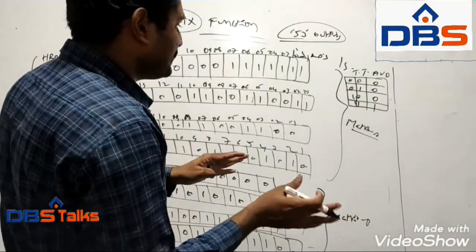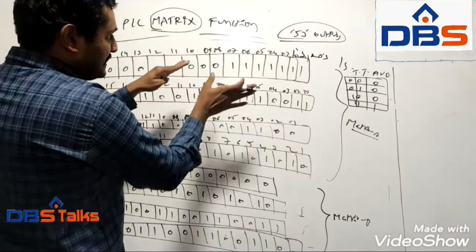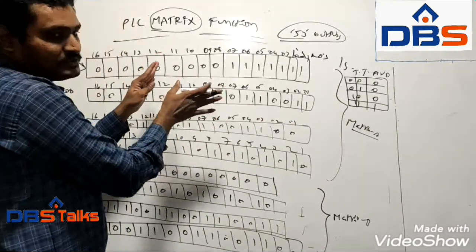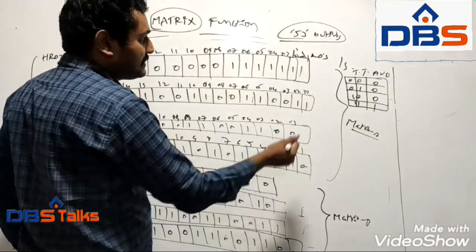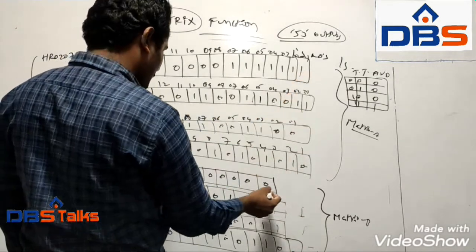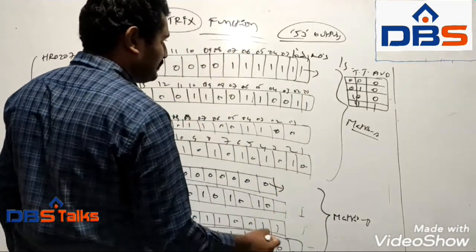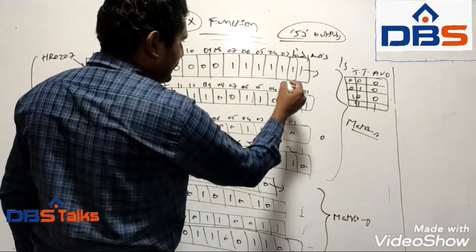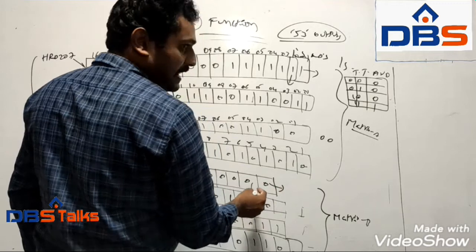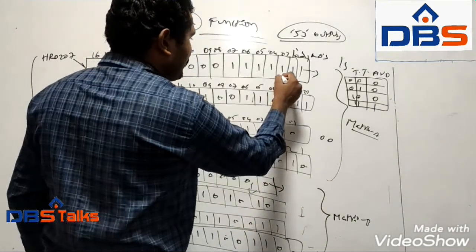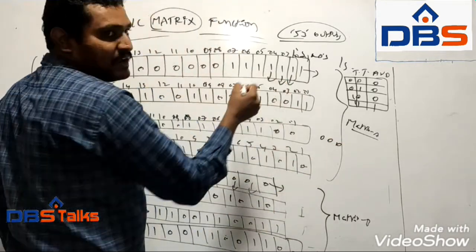After taking this truth table, we come to matrix A and matrix B. By using these matrices we have to produce the resultant matrix by using the truth table. To calculate matrix C, I take this one and come to this one. Here the value is 1, here the value is 0, so the truth table gives 0. Here I am taking 1 and here it contains 0, so the value is 0. After that I am taking 1 value, here we are taking 0, so it will give 0.